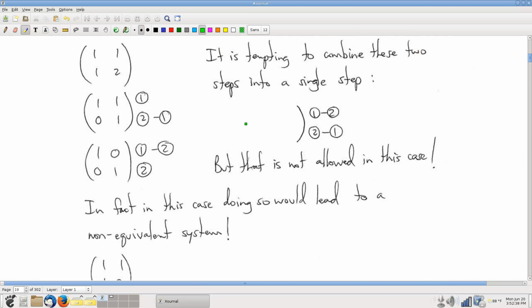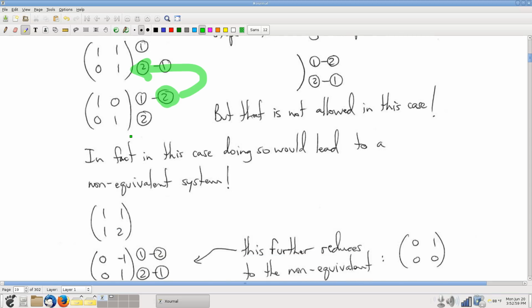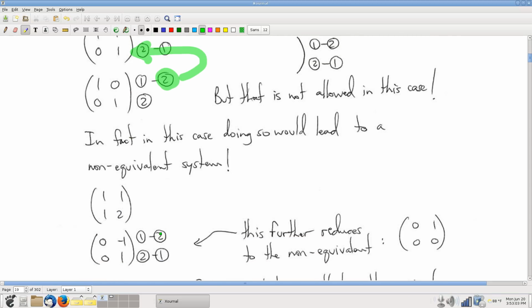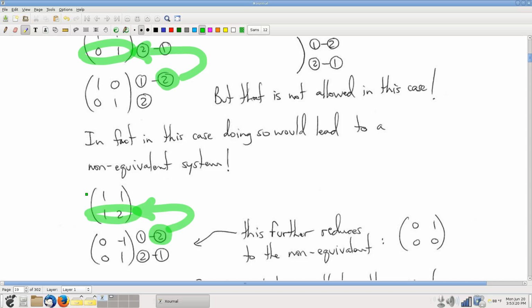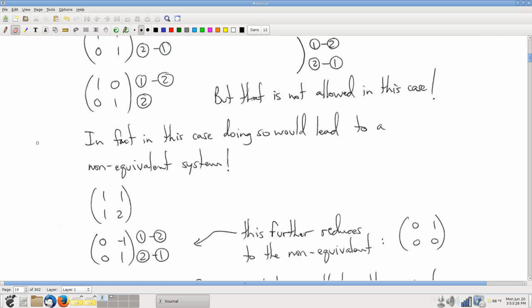Looking back up here in the original reduction, the row 2 referred to in the second step here, well, that's of course per the rules referring to the second row in the previous matrix, right? But when I, air quotes, combine them into a single step, seemingly that same 2, well, that then is referring to a different row. So that and that, these are not the same, right? So this thing here,